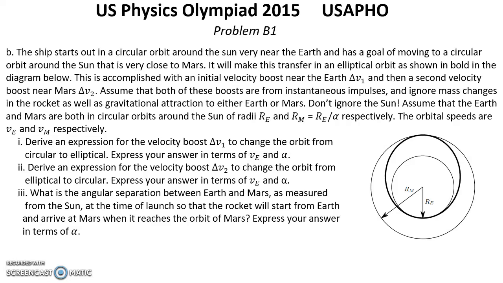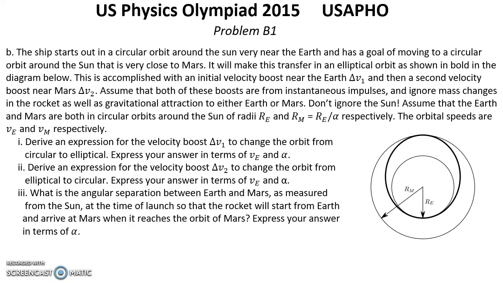This is accomplished with an initial velocity boost near the Earth, delta v1, and then a second velocity boost near Mars, delta v2. Assume that both of these boosts are from instantaneous impulses, and ignore mass changes in the rocket